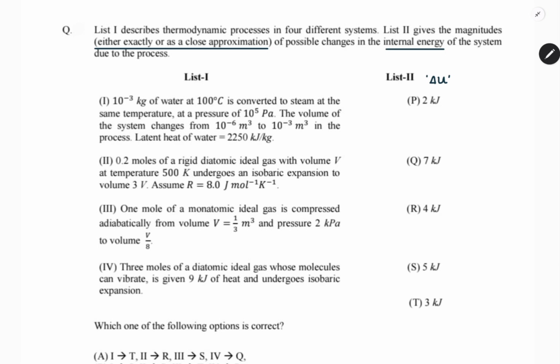So if you want to give it a try yourself, then you can take a screenshot here itself and then solve it on your own, or otherwise let's continue to solve this one. I will be solving one at a time. So let us begin with the first one.